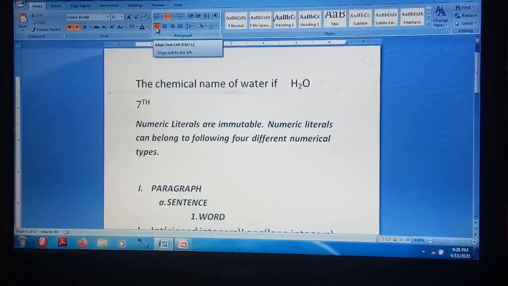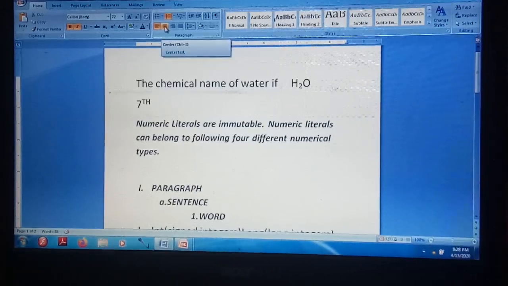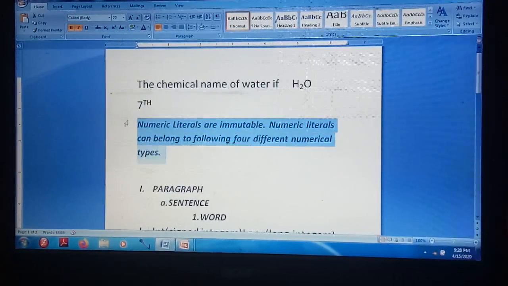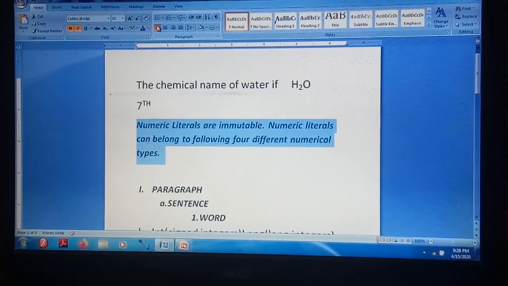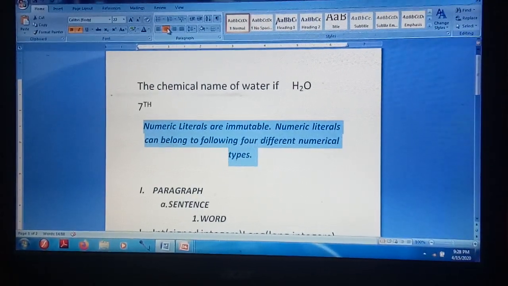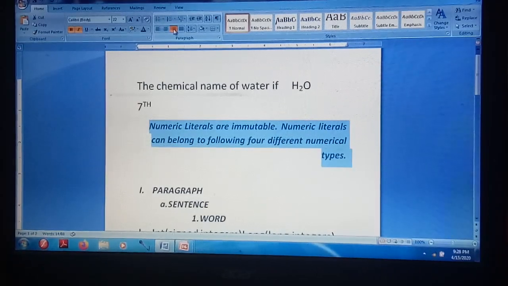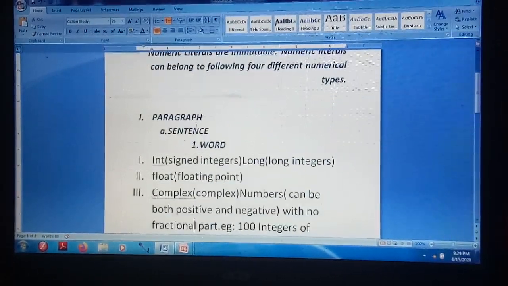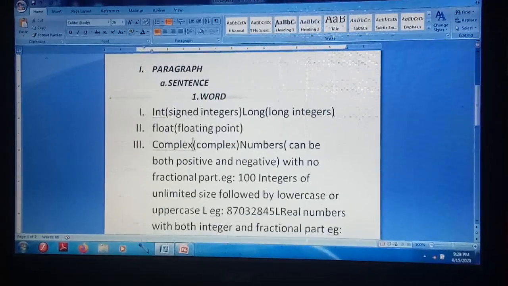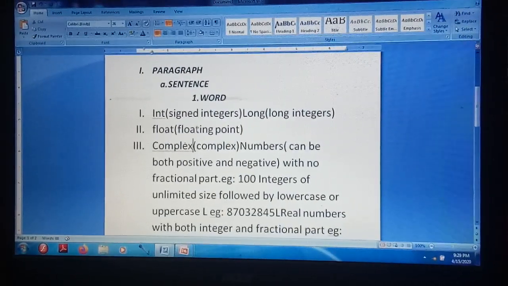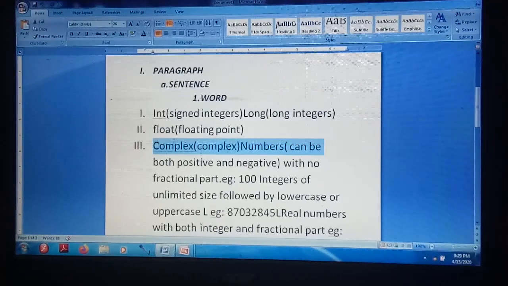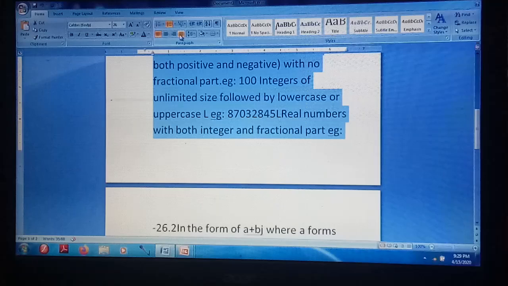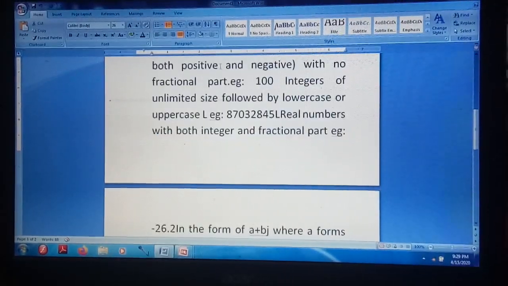Then we go through the next. This is the left align, second is the center, right, and the justify. Everybody knows about the left. By default the text is placed in the left. If you want to display the text in the center, then you click on the center. This is the right, and the justify option is used to place your text with equal space from the left and the right side. Means you want to display the paragraph with equal space on both sides, then you click on the justify.